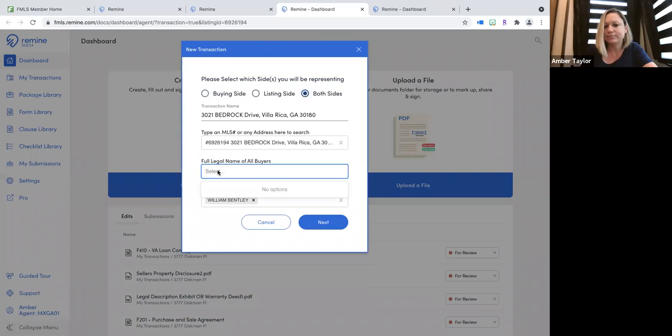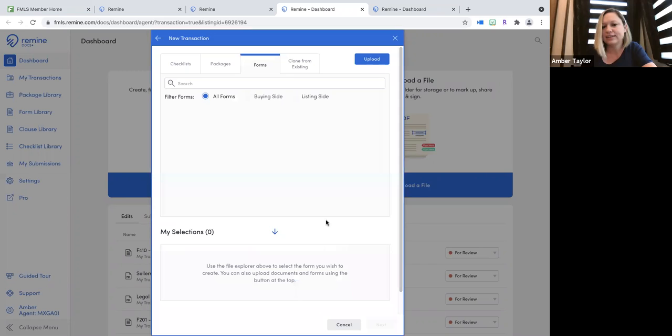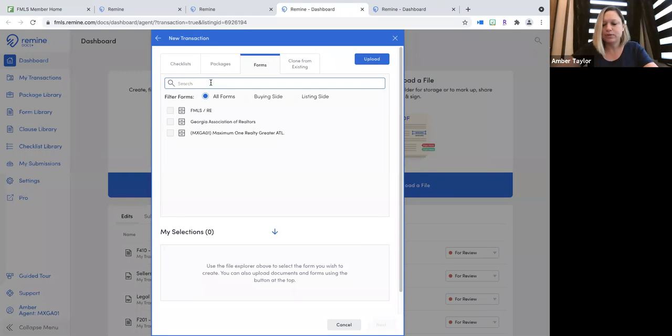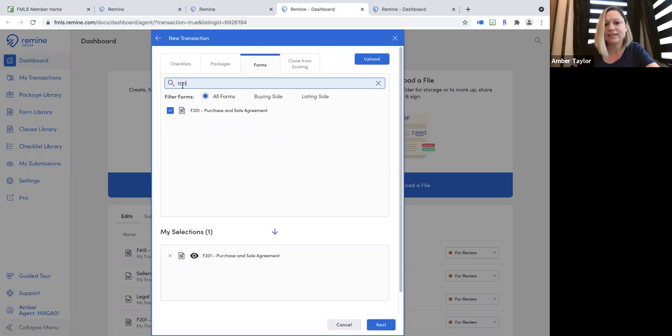And you would put in the buyer's name. So we'll just say Jane Doe is the buyer. It's going to pop up and add Jane Doe, and you just say okay, we'll add Jane Doe to this transaction. And you say next. Once you say next, you can pick individual forms to put in here, or you can go to your packages where you already have some seller, buyer, or VA packages put together. But for this one, I'm just going to say we'll do F201 purchase sale agreement. I'm going to say we'll do an FHA loan contingency, and we're going to do the affiliated